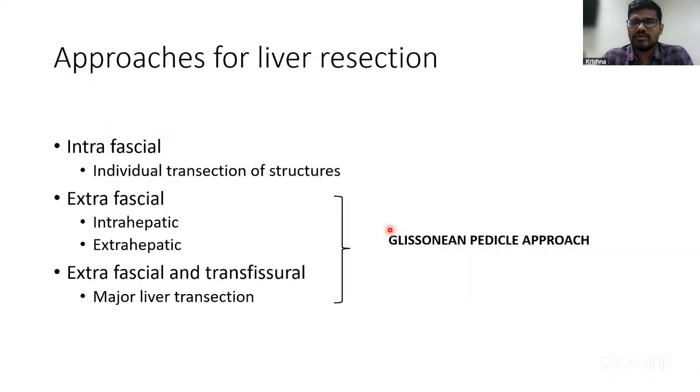Coming to the approaches, predominantly there are intrafascial approaches and extrafascial approaches. Intrafascial